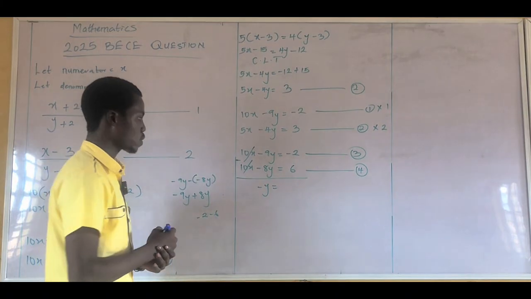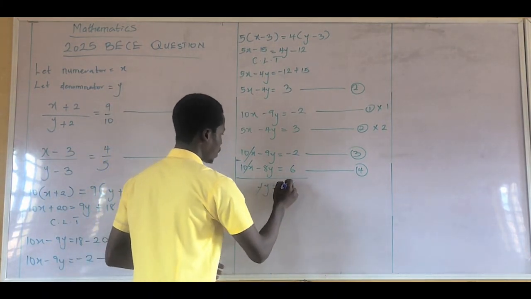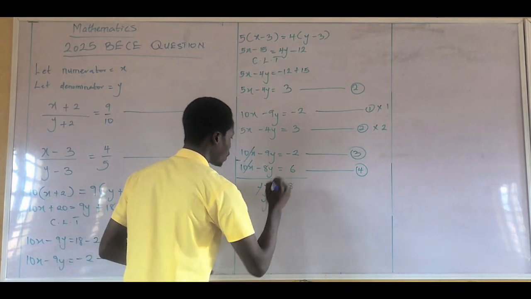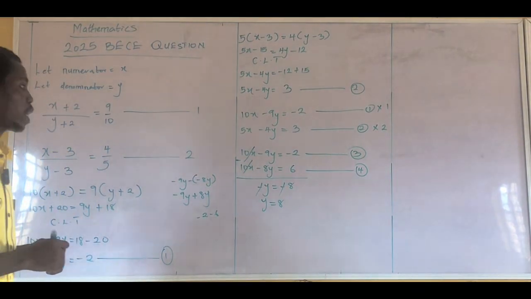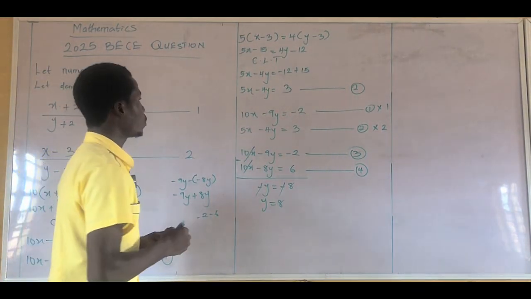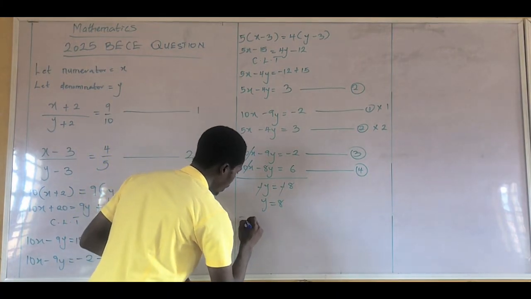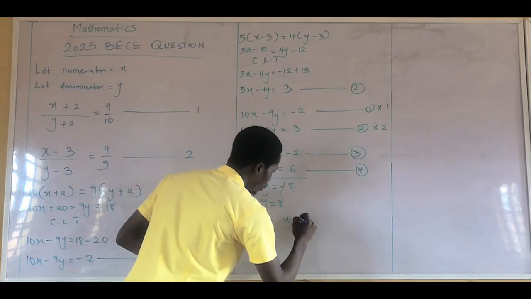What is that going to give us? That is going to give us minus 8. Negative cancels negative. Then we're going to have y equals 8. Good. We've gotten 8. Now we've gotten our y. Then we are to put, to get our x, or you say to get x, put